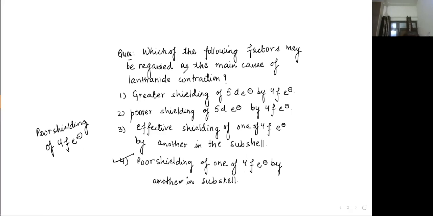Now let's talk about ionic radius. Now we'll move on to a JEE Advanced question. Dear, how will option A be correct? There is poor shielding, there is not great shielding. f orbitals have a poor shielding effect. If this is done, can I move to the next question? Now the next question is a JEE Advanced question that has come from the ionization energy and radius part.